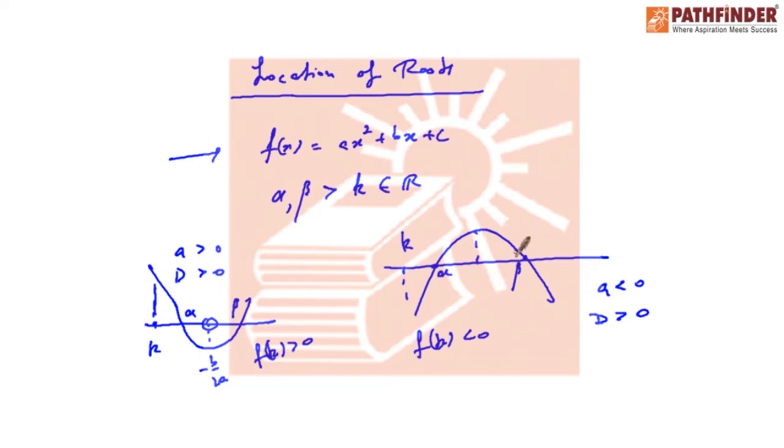In different cases, for different considerations, location of roots can be identified, the conditions can be obtained simply by drawing the graphs and accordingly properly understanding the situation and hence trying to find conditions. So this would mark the end of the theoretical discussion of the chapter quadratic equations. Now we'll go through certain questions for clarity.